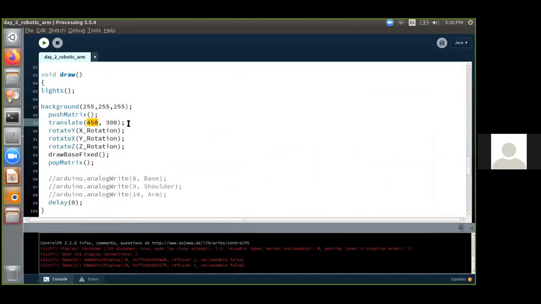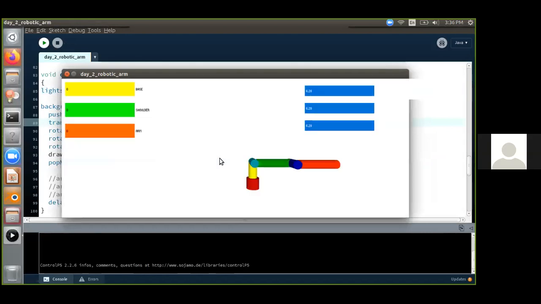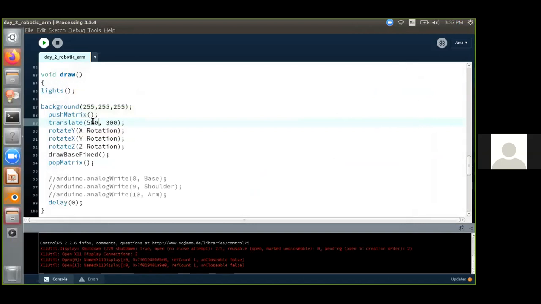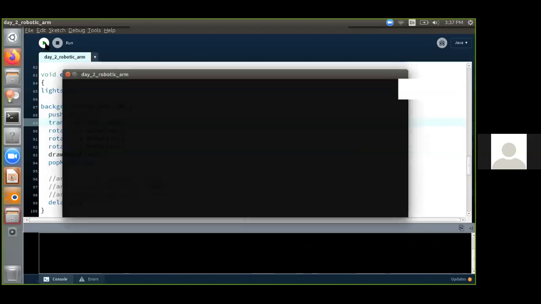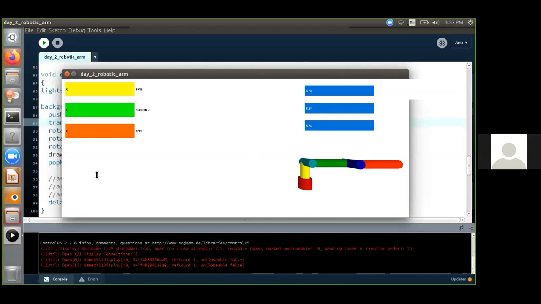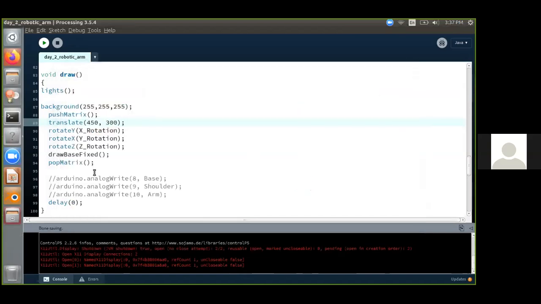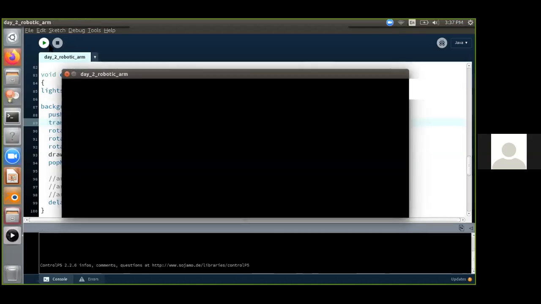So you can say 550, and if you run it, the robo will have moved a little. Or to make it more visible, I can take it to 700 also. So the robo has moved to this point. This translate option gives you the opportunity to translate along the x and y axes.